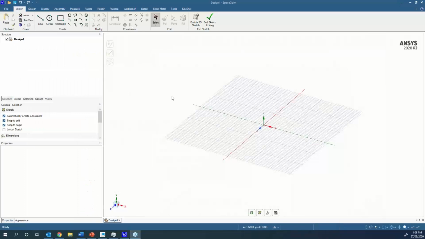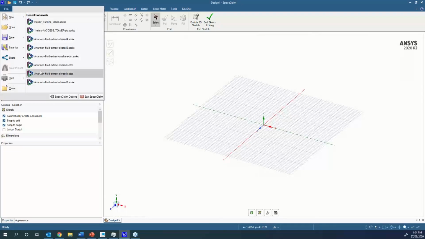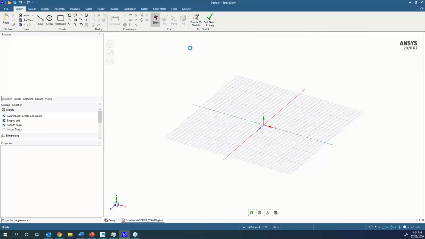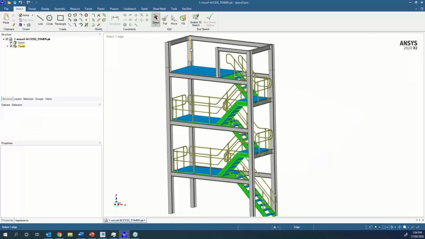I'm going to start with some core functionality that we have inside SpaceClaim. And the first place I'd like to start is just a run through of some tools that have been a strength of SpaceClaim for a long time. So what many of you might know is some of the core strengths of SpaceClaim are related to its ability to link together industrial CAD that you have to